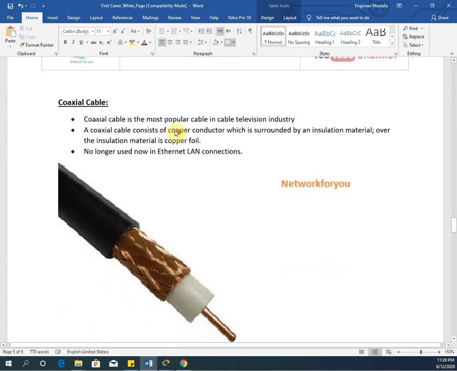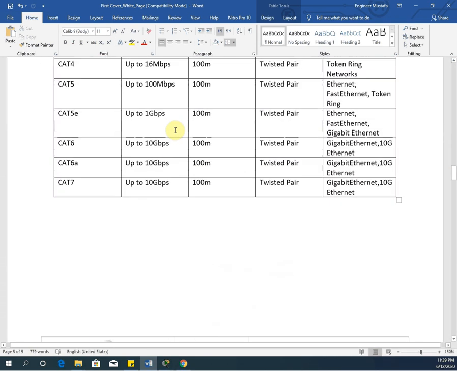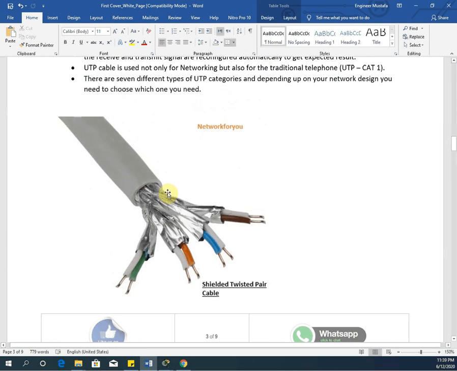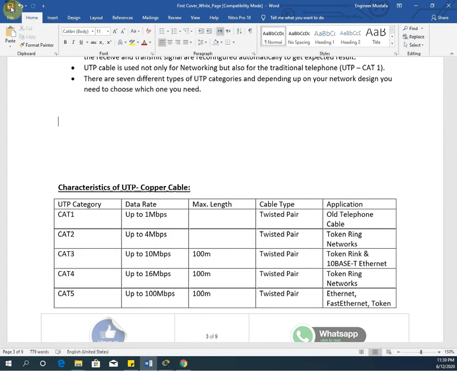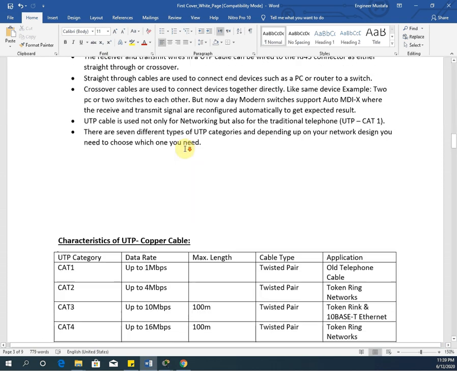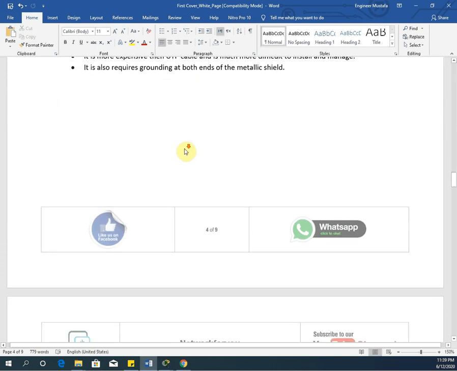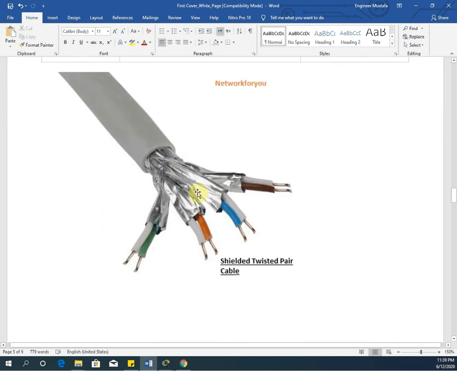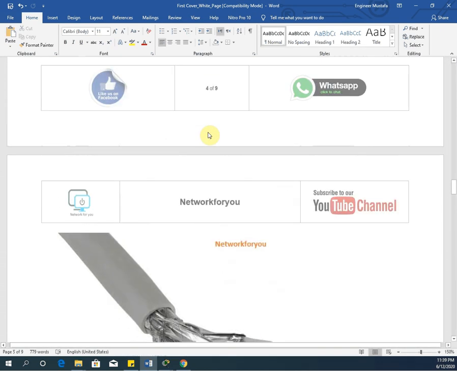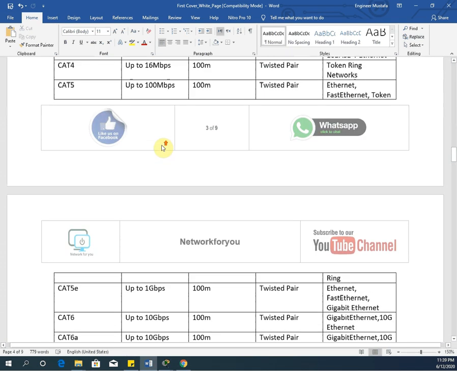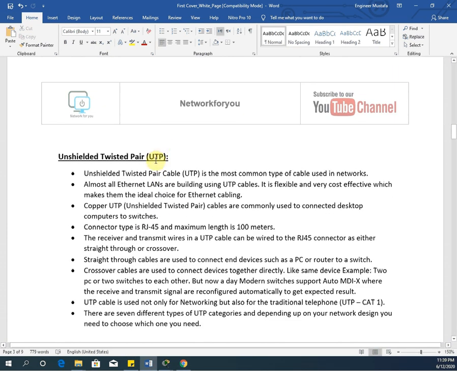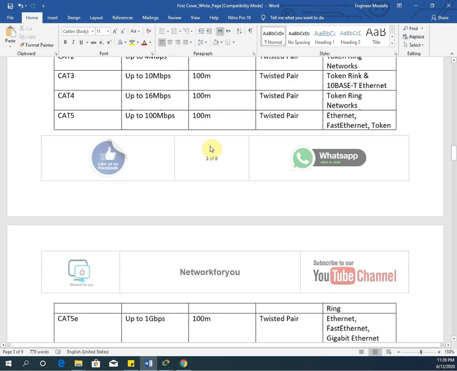Okay, and here actually I put a similar image by mistake, so maybe I need to remove this and I will put the other image later. Okay, so let me put the new image. You can remember this is an STP. UTP is the simple image. At present I don't have it, maybe in my laptop I have, so later I will update here. Okay, if you want to see the image, you can type in Google UTP Ethernet cable, you will get the image. Okay, so this image I removed for the UTP.